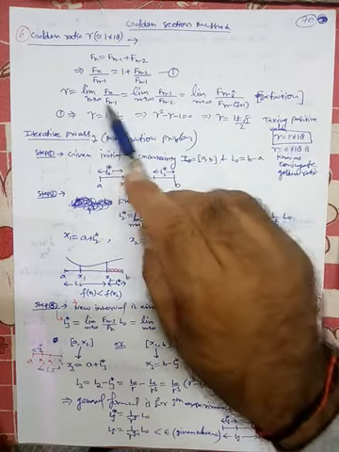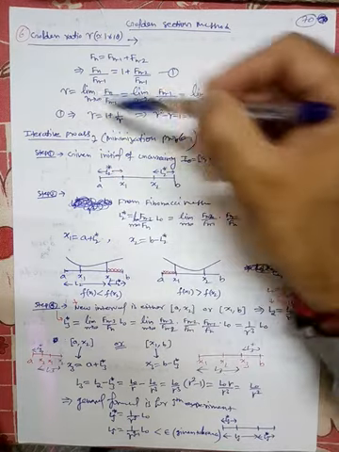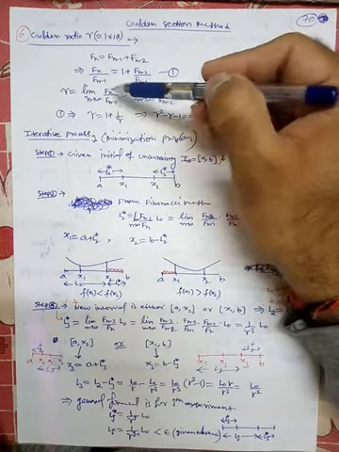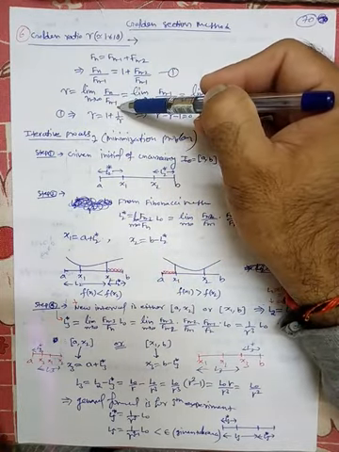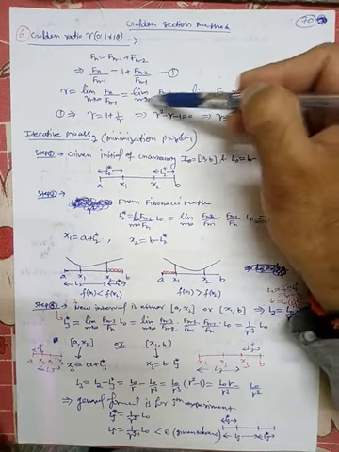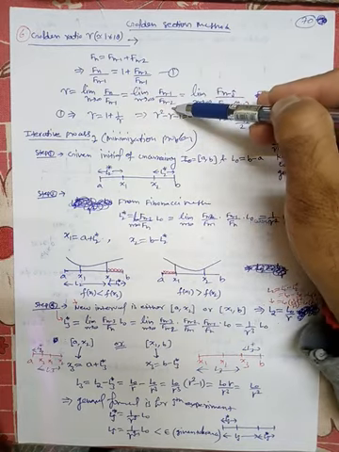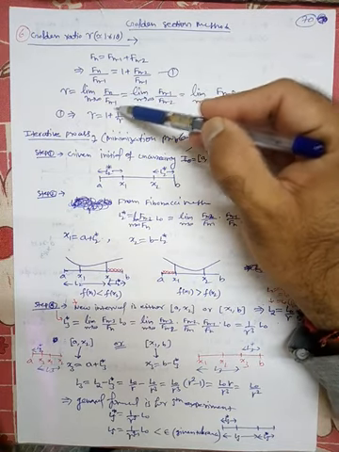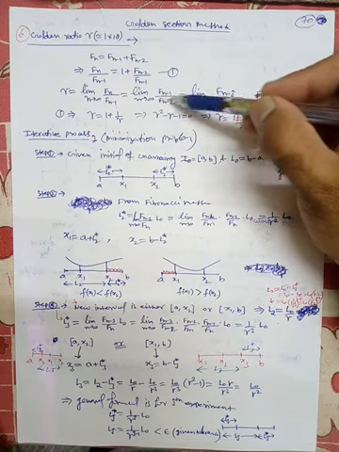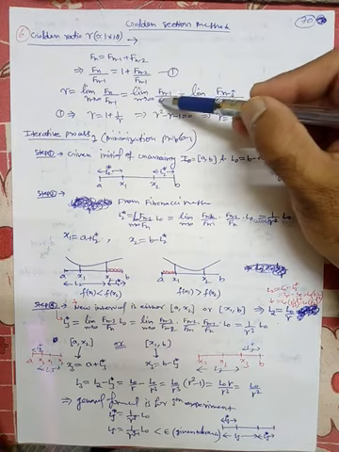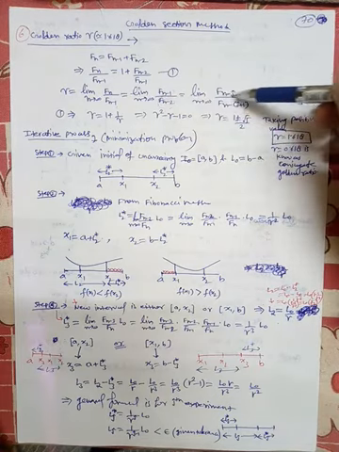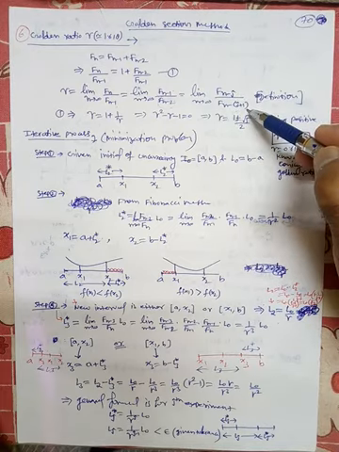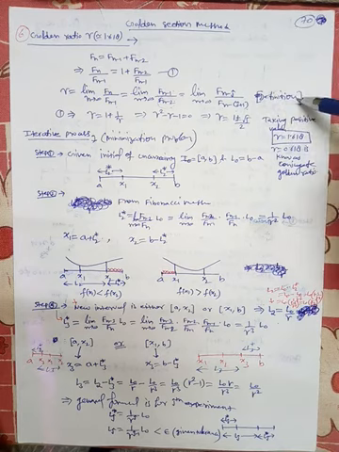Now taking the limit n tending to infinity on both sides, you will see that gamma is defined as the limit n tending to infinity of f(n) by f(n minus 1), or the limit n tending to infinity of f(n minus 1) by f(n minus 2). That is, the upper number is f(n) and the lower is one number smaller. Similarly, here f(n minus 1), so here it should be f(n minus 2), which in general is f(n minus j), so here we have n minus j plus 1. Okay, so this is the definition.